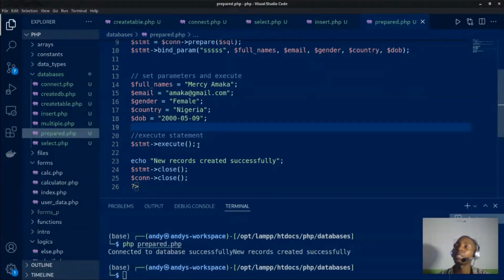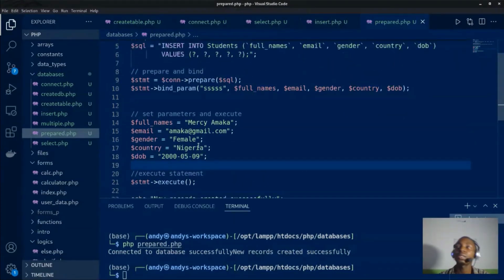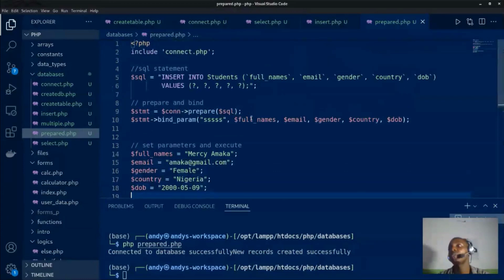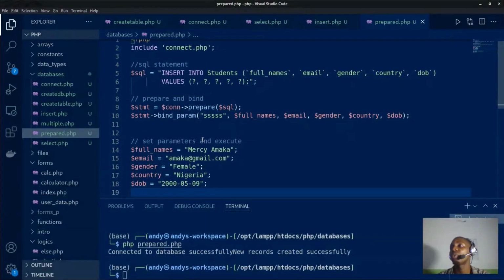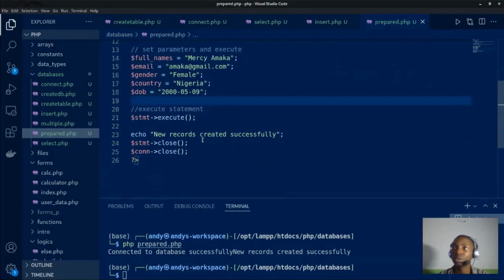That's it about prepared statement, and you actually want to use it most of the times when you have to deal with inserting data to the database because you don't want SQL injection, you don't want malicious attacks to get to your database. So you make sure that you prepare your SQL statement before doing the final execution. The next thing we will talk about is